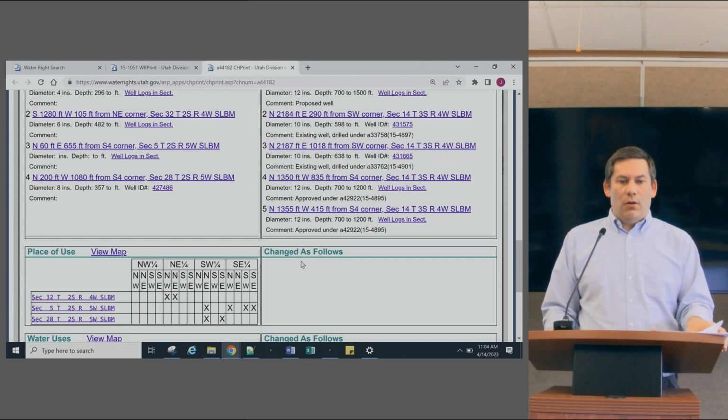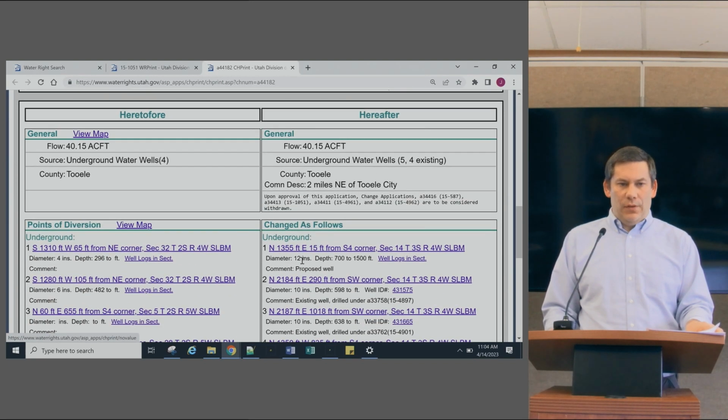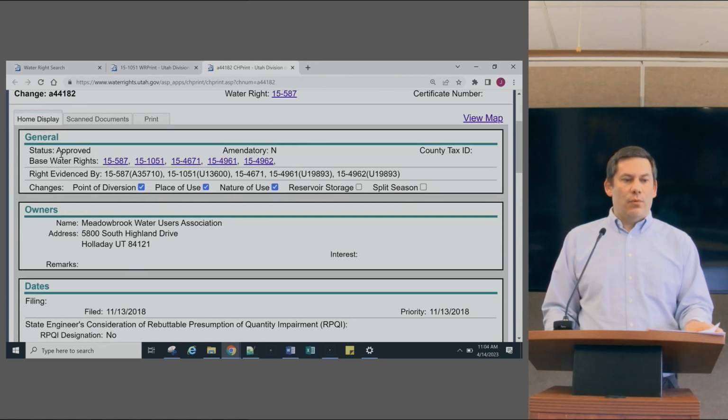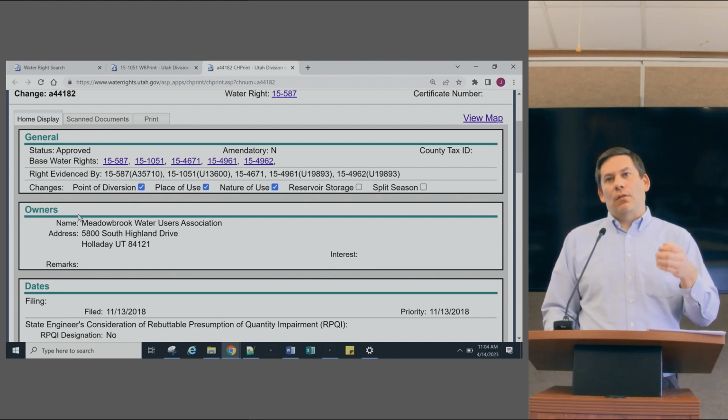So right now, this particular change application, if I come back up, its status is approved. So it's showing that this is approved to happen. At this point in time, technically the water right could still be used at the heretofore location, or they could have started using it at the hereafter location. They should not be used in both, of course. But it's not until proof is filed showing that they are using it at the hereafter location, and we issue a certificate,